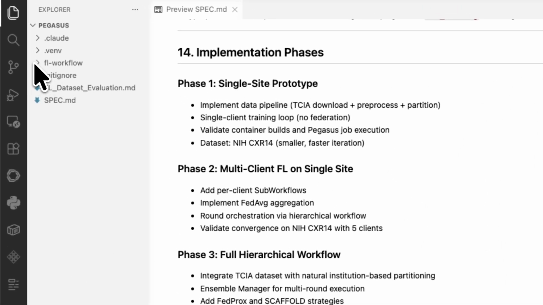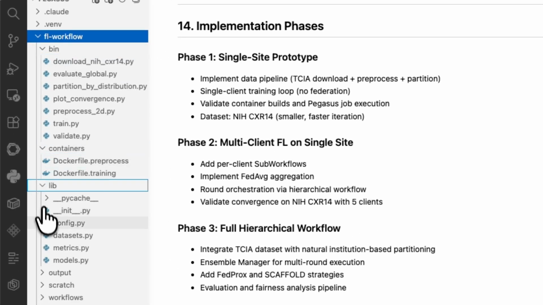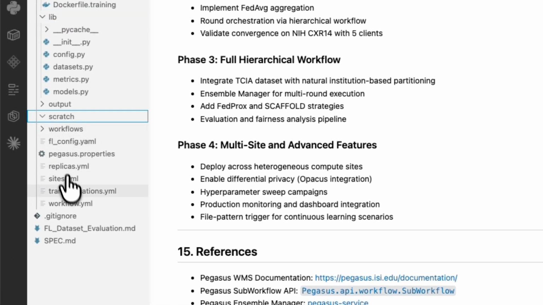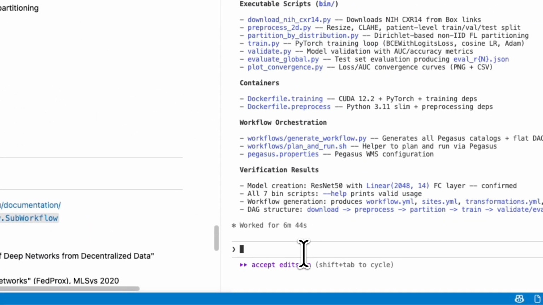And if you look here on the left pane, there is a directory named FL workflow, and it has all the generated code, binary files, containers, libraries, and output, those things. If you notice here, it's missing a readme.markdown file. So at this point, I can ask it, could you please create a readme